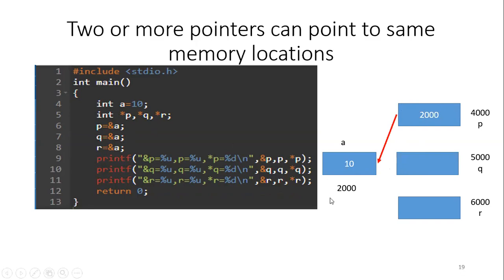So the address of A is 2000. Now this will be stored in the pointer variable Q. So now in Q, we have 2000 stored. Then I have R is equal to ampersand A. So address of A, 2000, will be now stored in R also. So now what we have done here is we have made 3 pointer variables P, Q, and R to point